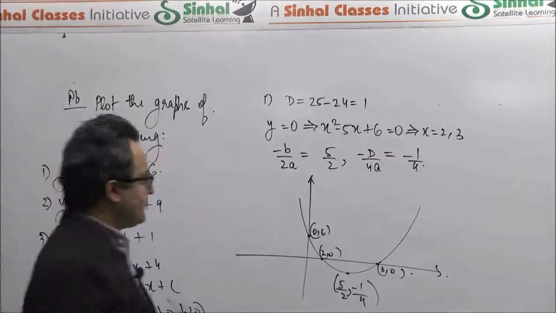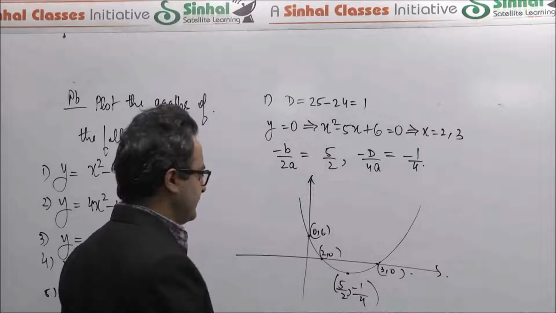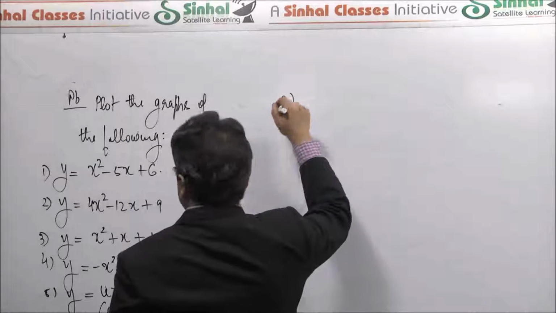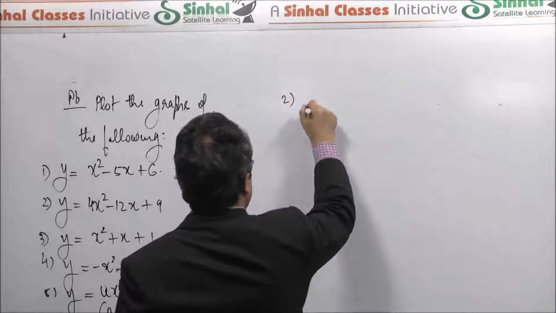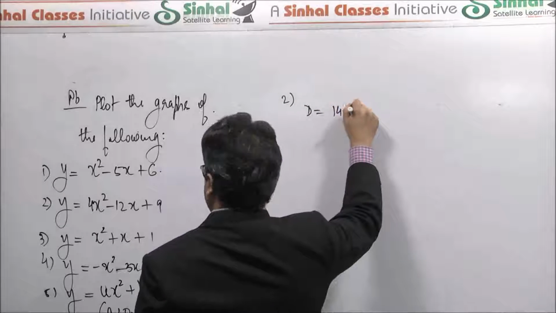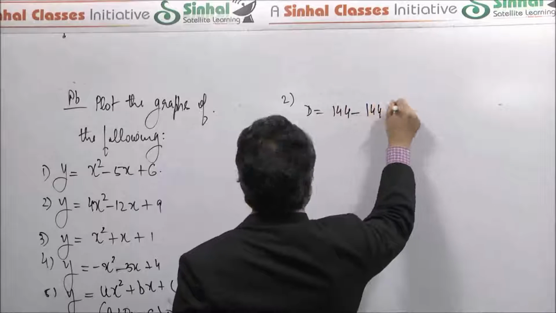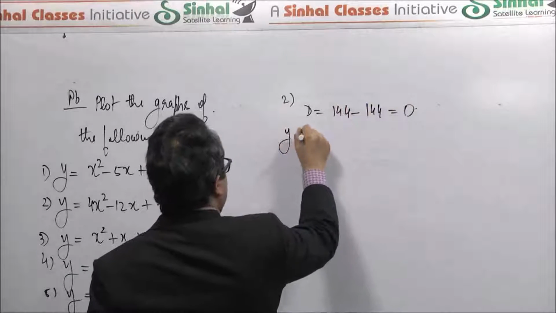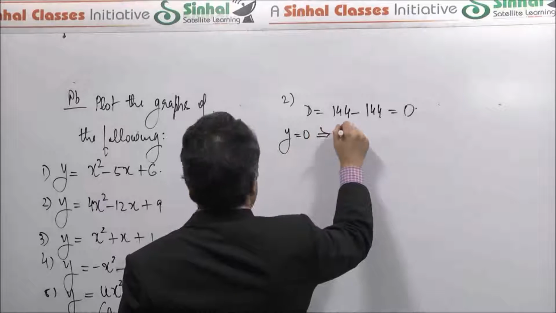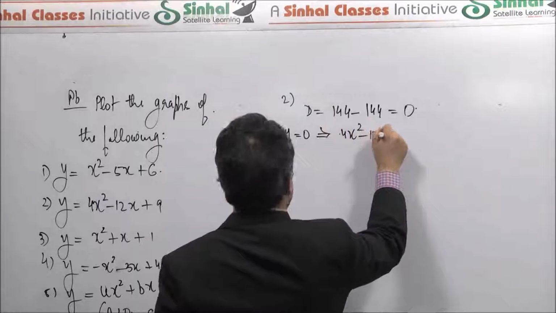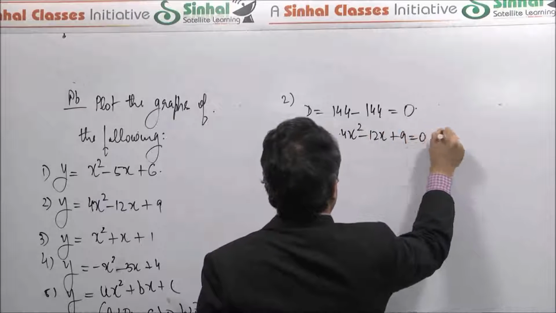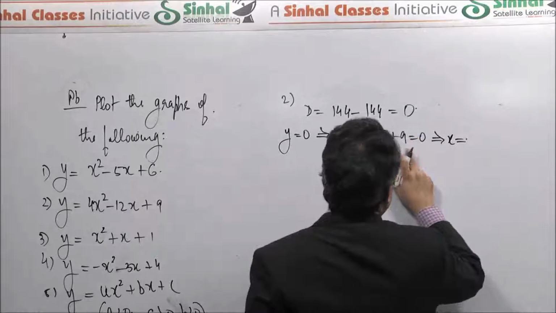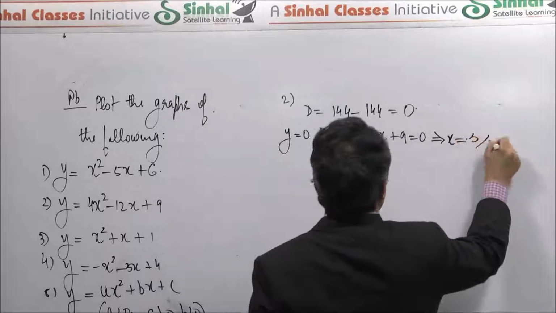Let's just have a look at this. Again, this is a rough plot, and this is what we're interested in. The second one again is positive, and if you look at the discriminant, it's turning out to be 0. And again, if I put y equal to 0, I'm getting, it's actually 2x minus 3 whole square, so x is turning out to be 3 by